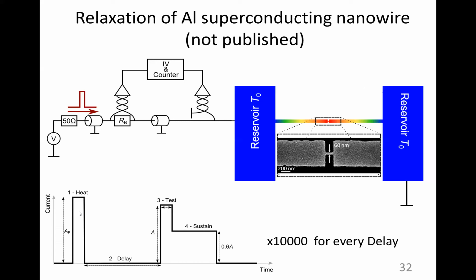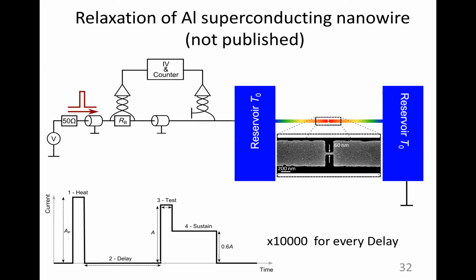So it creates dissipation, and our junction exceeds the critical temperature. And after switching off the heat, the sample starts to cool down. It becomes superconducting again, although now it's overheated. And we can measure the switching probability of the junction in this overheated state